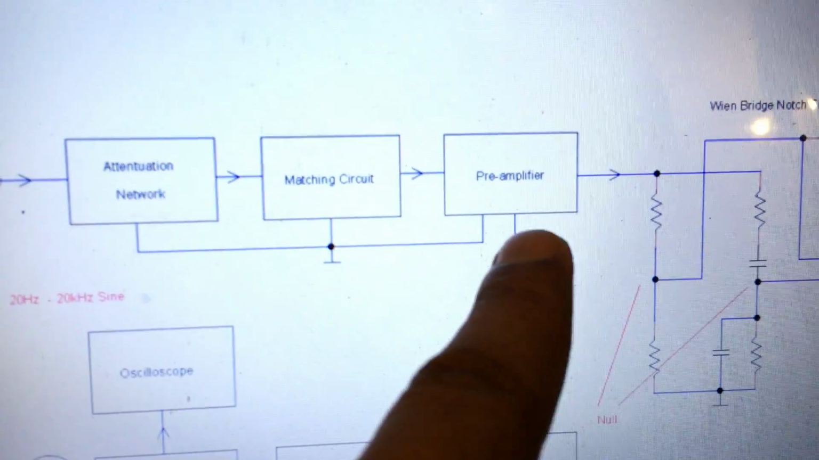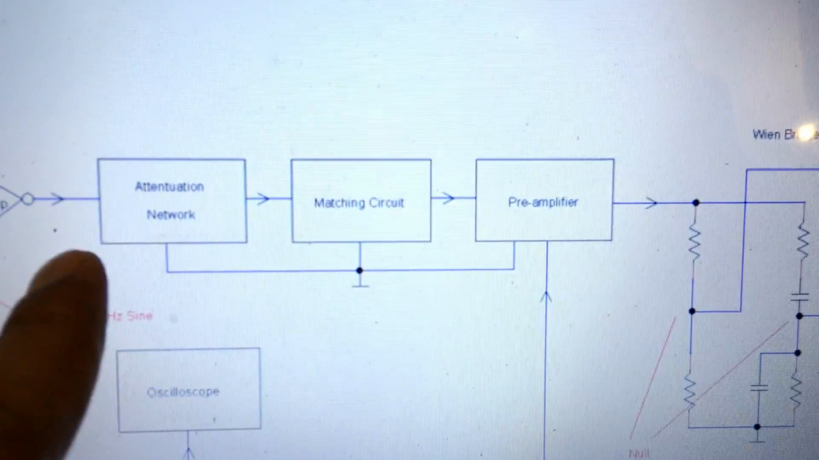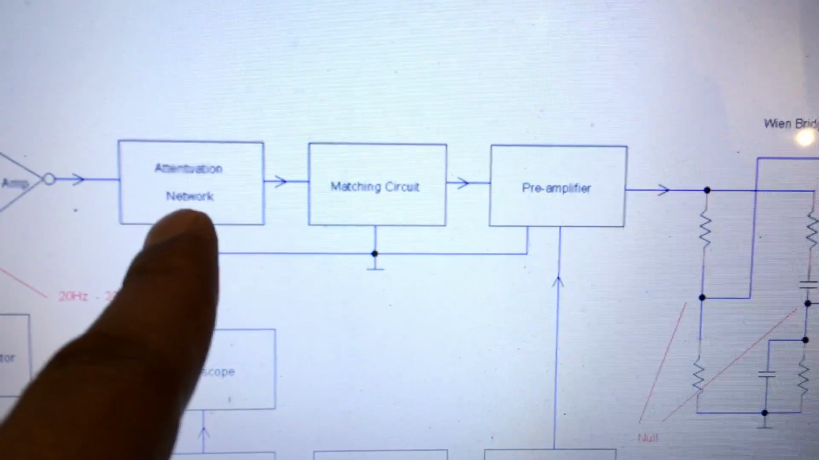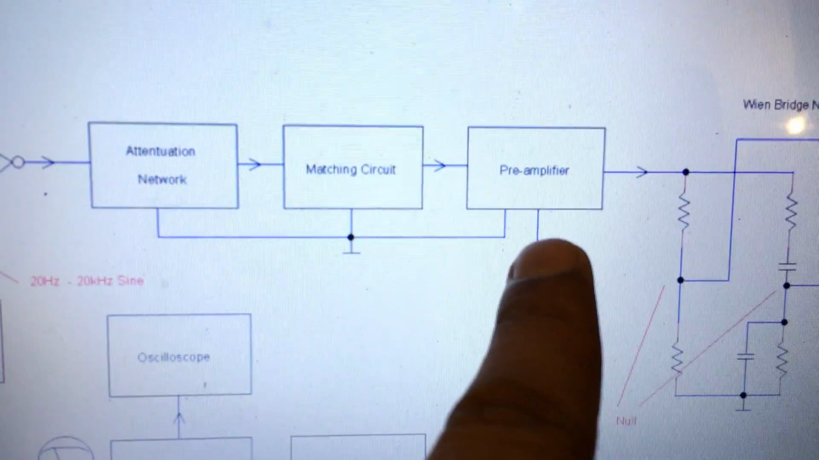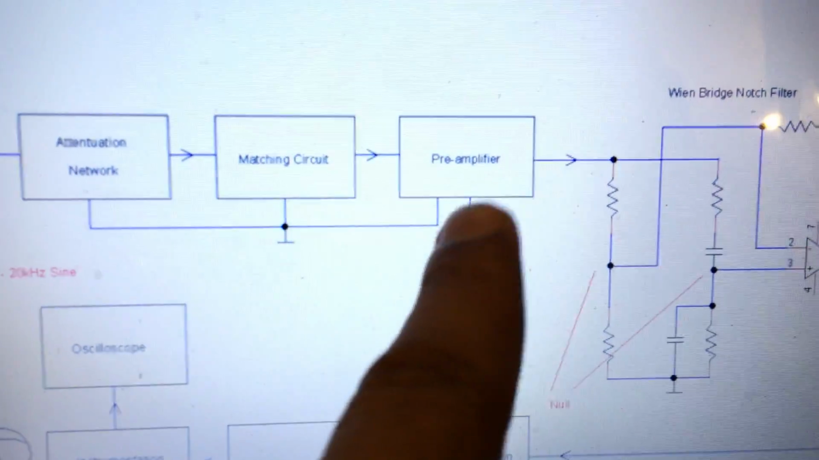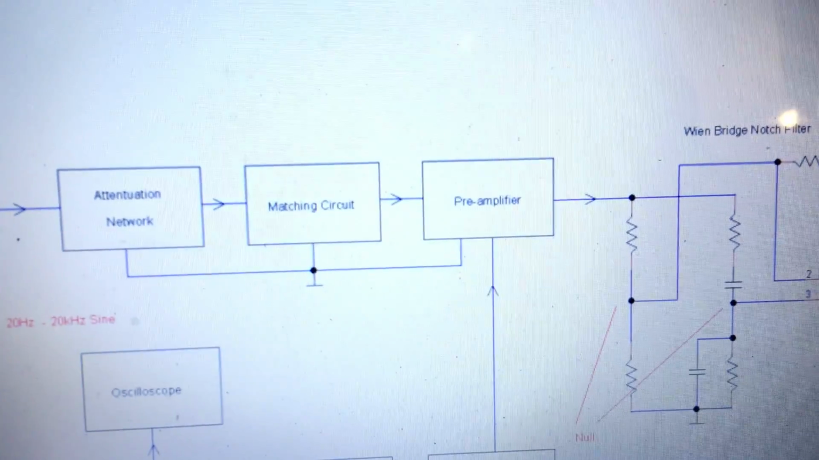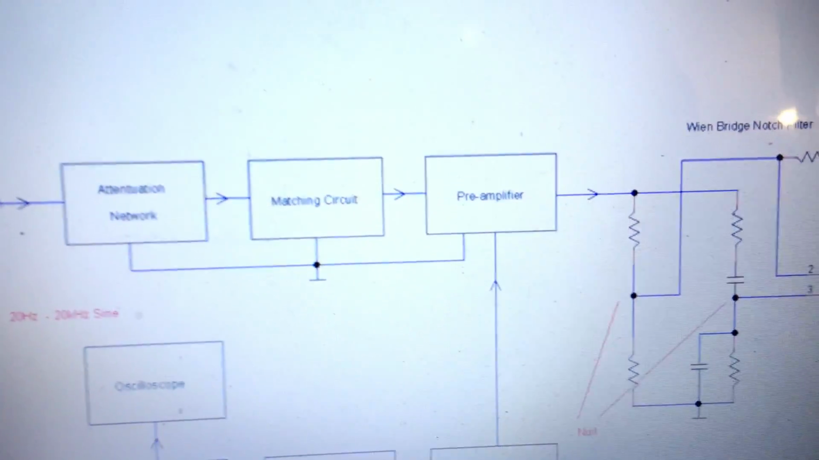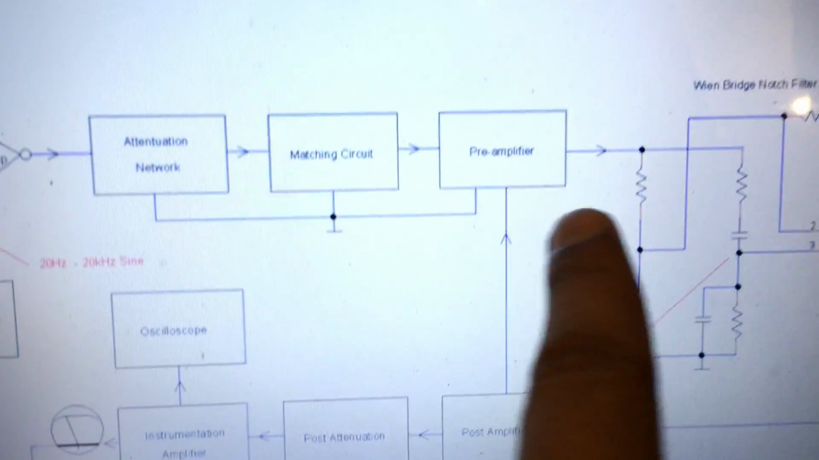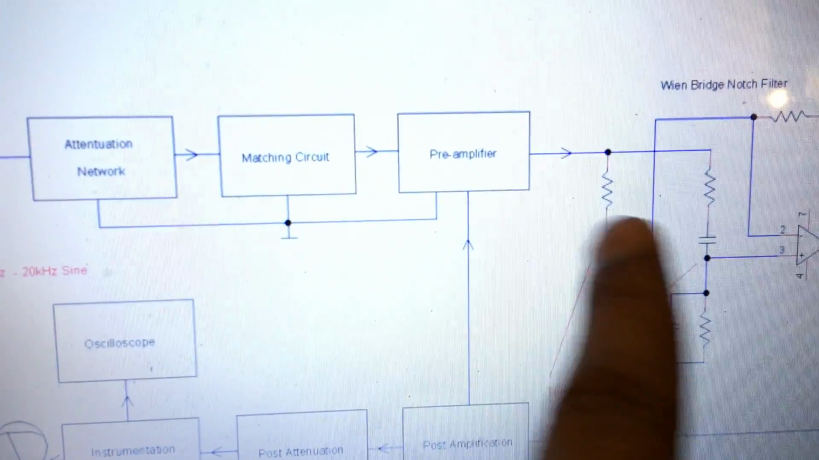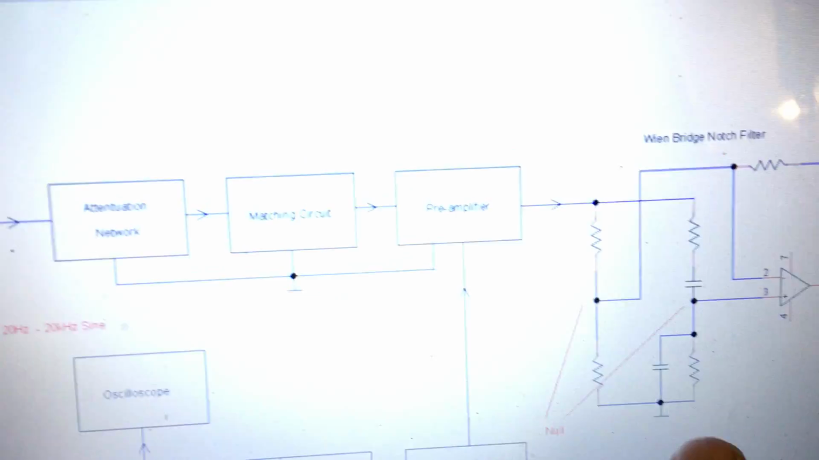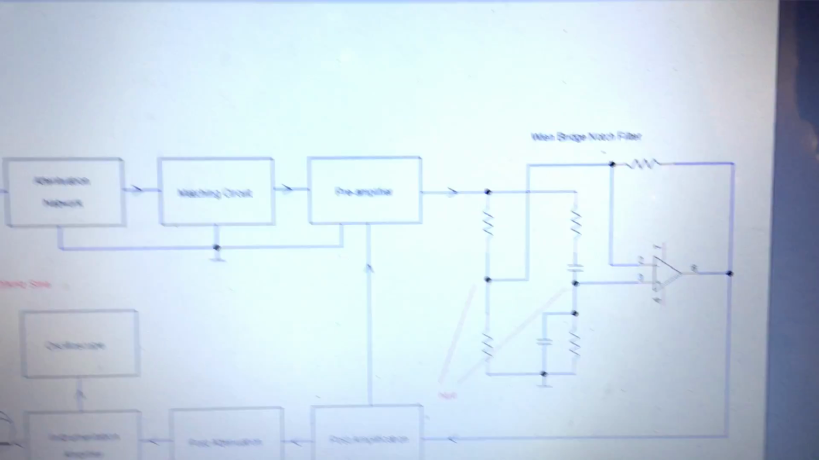And then there is a preamplifier. Note that all these three stages, that is attenuation network, matching circuit, and preamplifier, are required so that the signal coming from the function generator, or the test signal, is acceptable by the next signal conditioning circuit. Now if you look at this one,